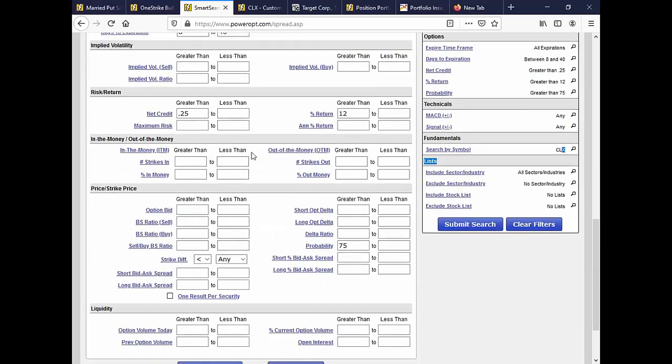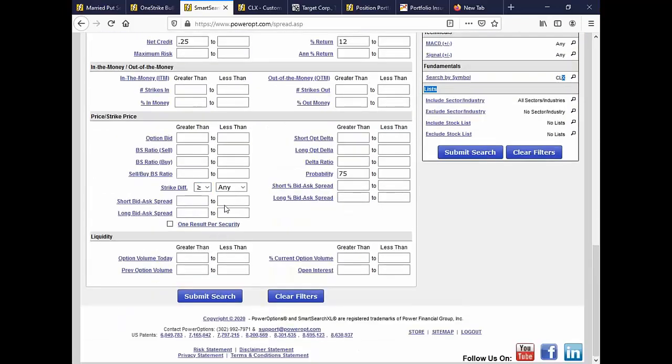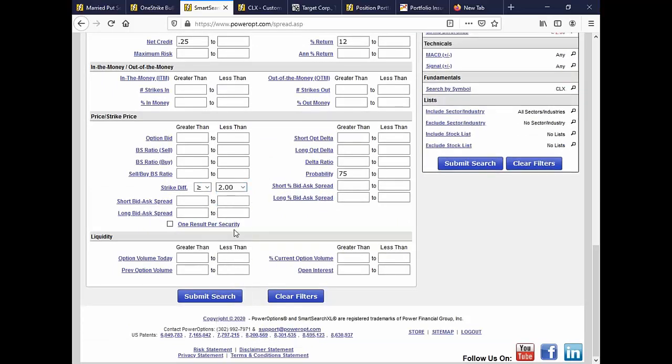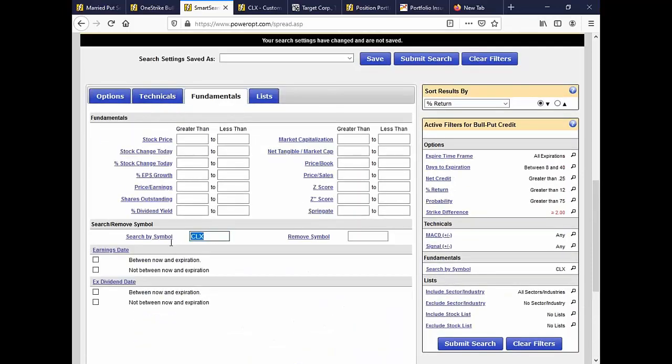Put in your basic 3 or 4 criteria, including your time frame or strike difference if you have a preferred strike difference. Mine's always greater than or equal to 2. Yours might be less than 2. It's perfectly fine. Put all that in, and then go to fundamentals, put in your stock symbol, SPY, TQQQ, for example, or UPRO. I mean, you could do this on the covered call screen, put in the basic criteria you want for downside protection, return, and time frame, and on the covered call screen, go into fundamentals